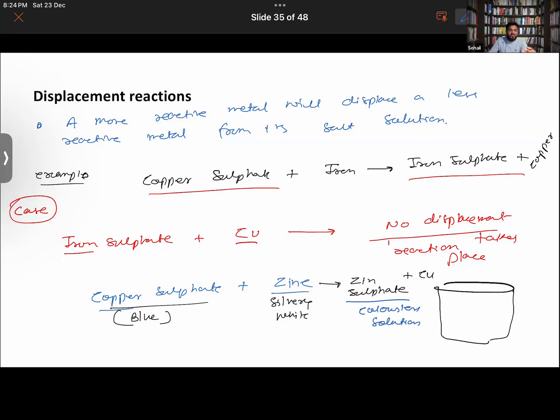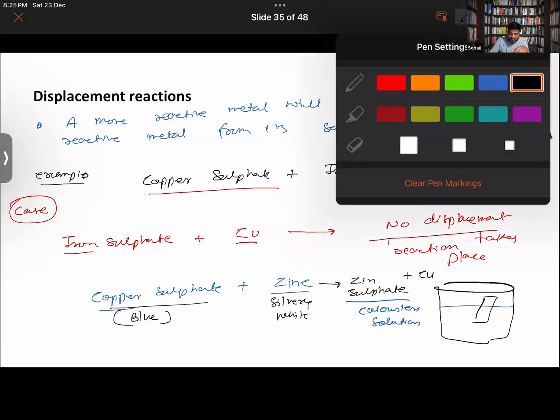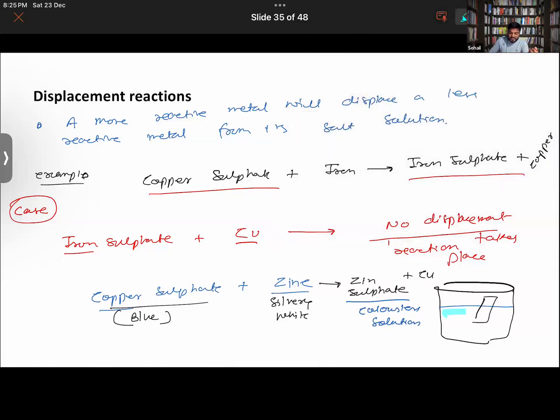So whenever you have a strip of zinc metal and you place it in a copper sulfate solution, the blue color of the copper sulfate solution will start to fade away, and gradually it becomes colorless, and this zinc metal, which was silvery white, now turns